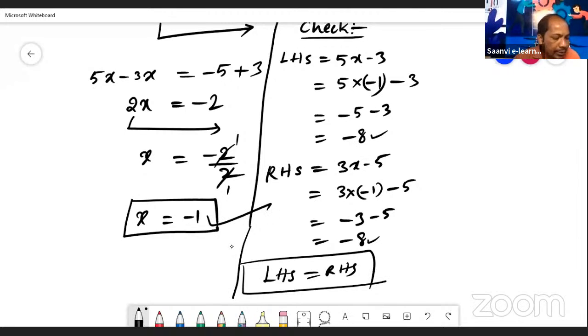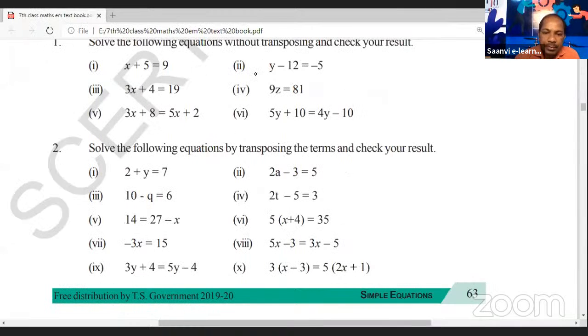Okay, children. Again, 2 more problems are there. Those 2 more problems you complete, and see the last problem. Last problem, see, it is the same as the 6th problem. How in the 6th problem we multiplied by 5. So here also the same, first multiply by 3 this side. Again this right side multiply by 5. After multiplying, solve it the same as the 8th question. Okay children? Right, this exercise is completed. And in the next class we will discuss